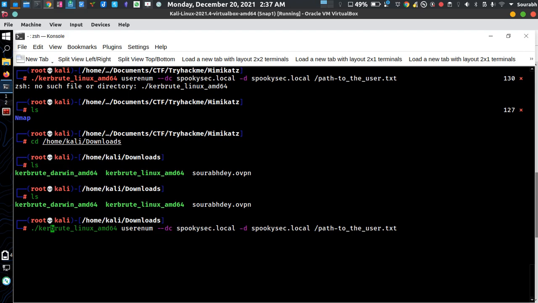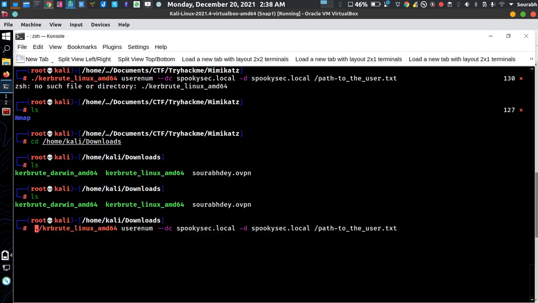It's going to give us all the potential users that can be located on that particular machine. There is a syntax called userenum for finding the users. Dash dc provides the domain controller, in my case spooky.local. Dash d is for the domain, also spooky.local, and there we have to give the path for the user.txt.